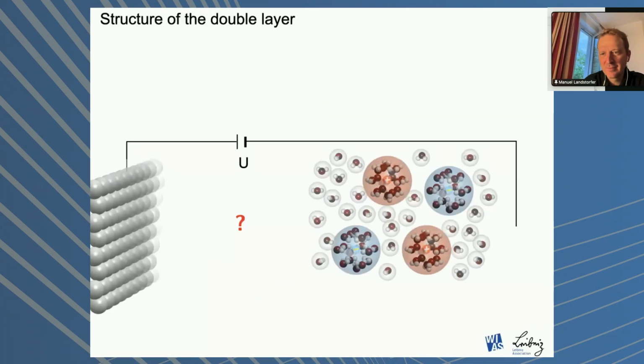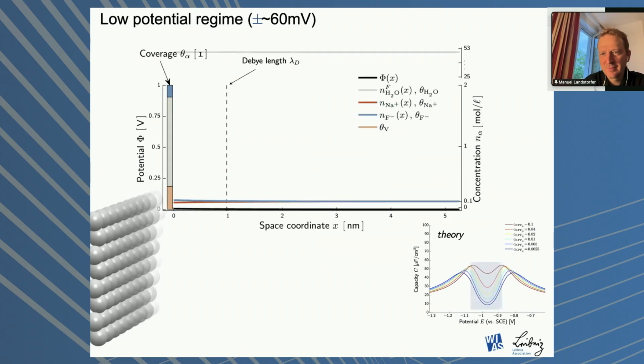Another nice thing you can now do with all of this is compute the structure of the double layer. We have used a PDE system to derive macroscopic or global quantities, like the differential capacity, which has just integral terms within. Now we can use this validated model and compute backwards, by solving the underlying PDE system, what the structure of the double layer looks like.